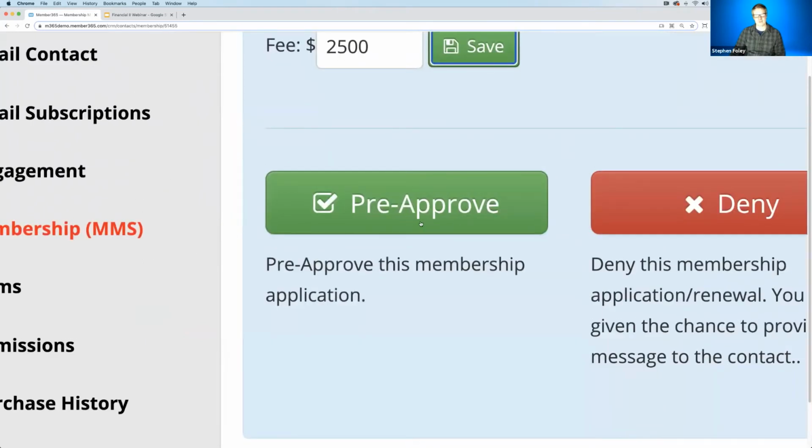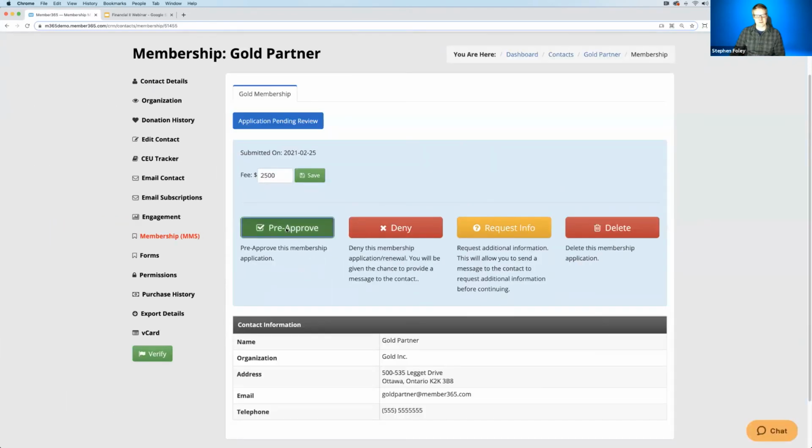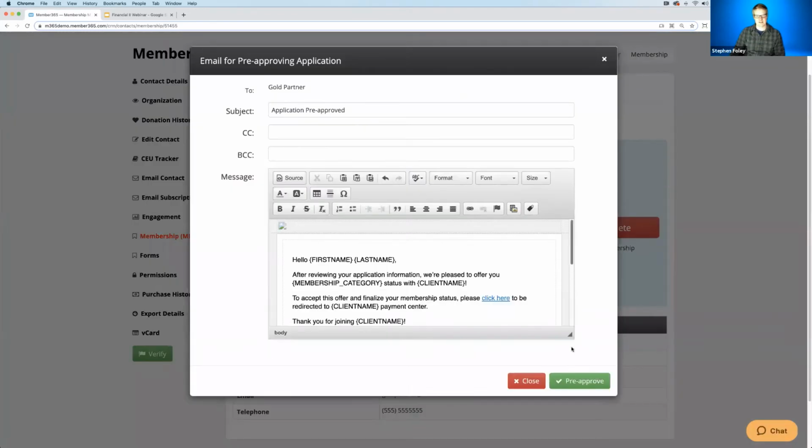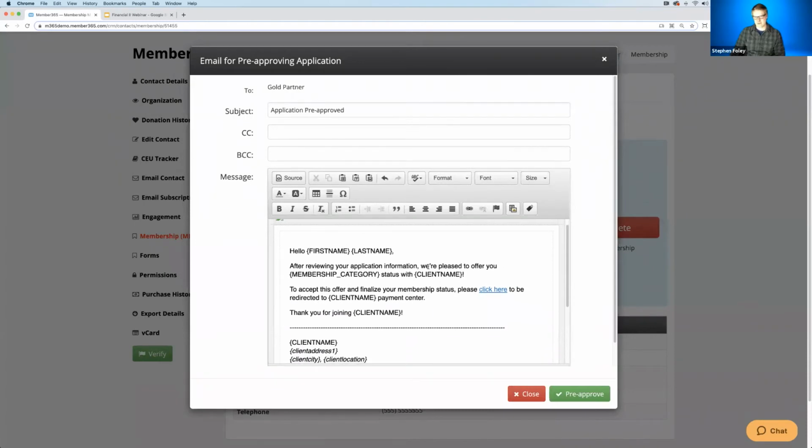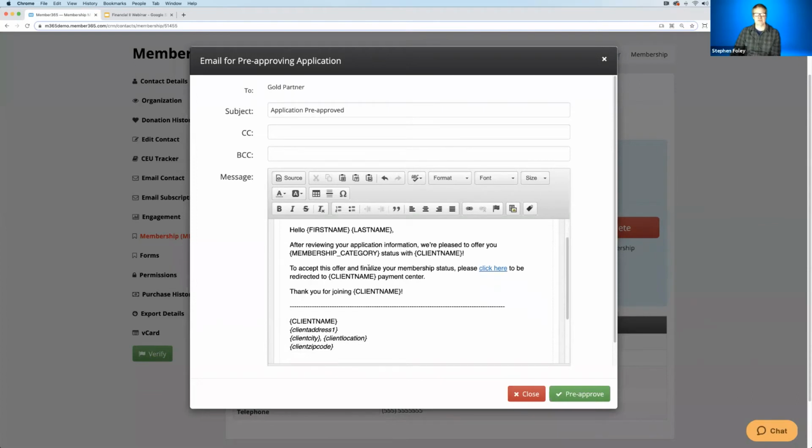We type that into the fee box, and then you notice we have a different button called pre-approve. And what pre-approve does is it sends an email to the member that reads something along the lines of, after reviewing your application, we're pleased to offer you membership with us. To accept and finalize the membership status, click on here to pay. So when the member gets this email, they don't have to log in anywhere. It will load the payment gateway checkout page where they can then choose from your payment options and go through and make payment. And after they've done that, then they're an official member. They're no longer in this